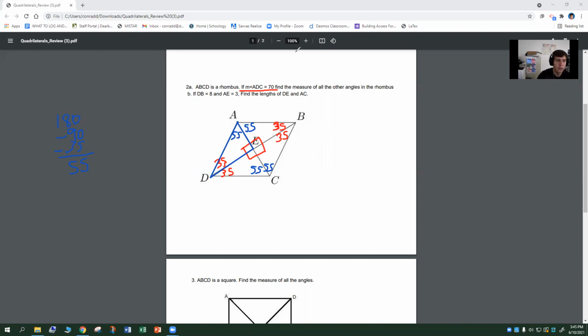Right, the sides, or I'm sorry, the diagonals here. So DB is 8. Okay, we know the rhombus is a parallelogram, so the diagonals bisect each other, so they split each other in half. So that's going to be 4 and 4. Okay, and then AE is 3. So since AE is 3, EC is also 3. The diagonal gets bisected by DB. We can then fill in our missing pieces here. So DE was 4, and then AC would be 3 plus 3, which is